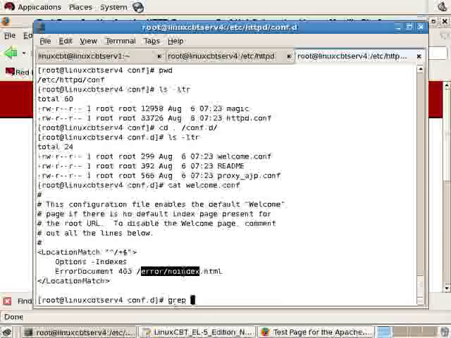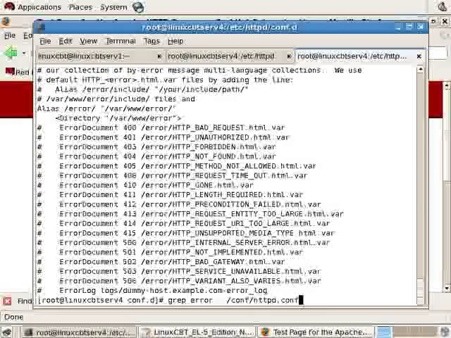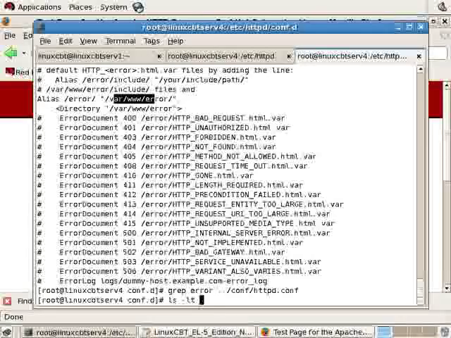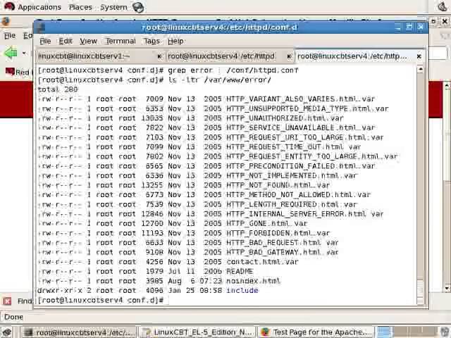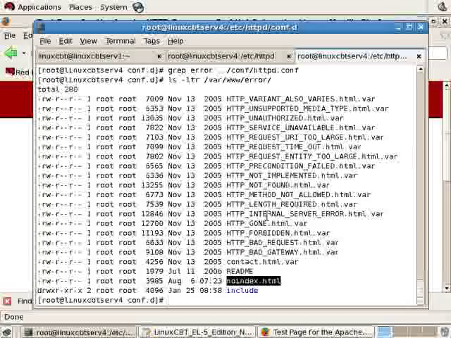And if you recall, if we grep error from the conf directory httpd.conf, and we pipe it, we'll see the alias. It's in fact on our page. This tells us that the alias error really points to /var/www/error, which means in /var/www/error we will find the various error documents that pertain to the different types of errors, 404s, 403s, 300, 400, 500 errors, and noindex.html. This is the document that we were served. We can list the contents of it,